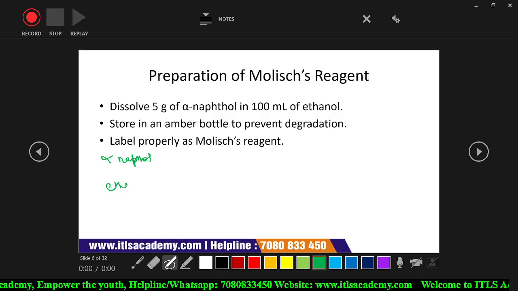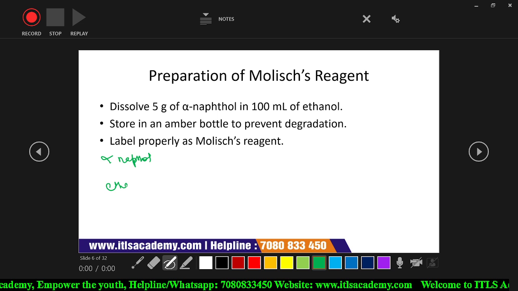With proper labeling. Now the next reagent is your Bradford reagent. Bradford reagent is used for the quantification of the protein. Sorry, Bradford reagent is used for the qualitative analysis of monosaccharides. Either we can use it in the quantification of the protein molecules or the qualitative analysis of